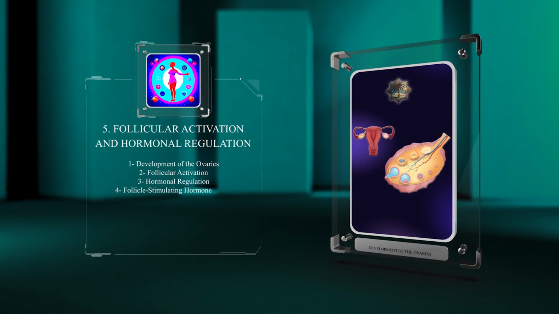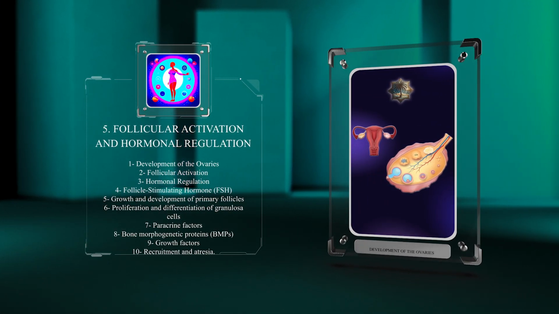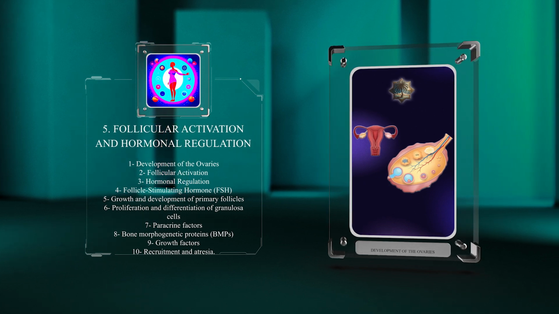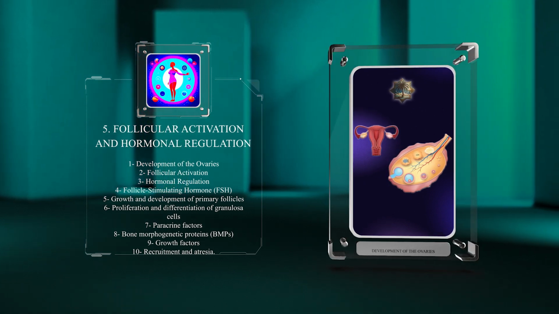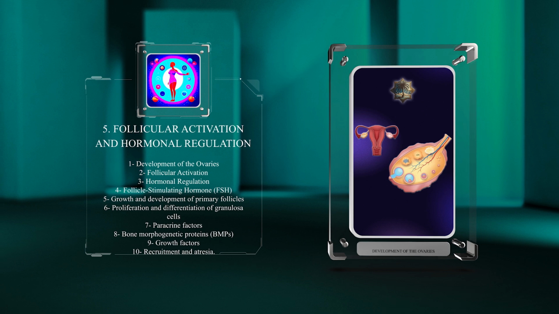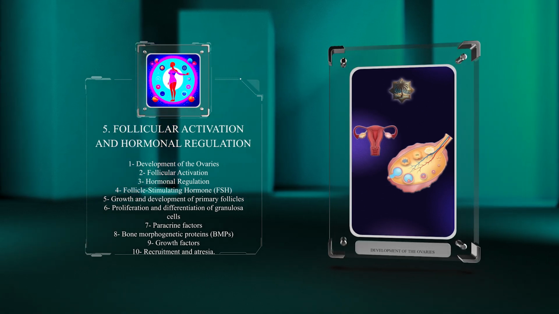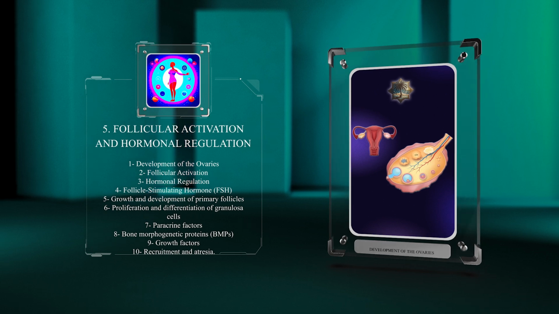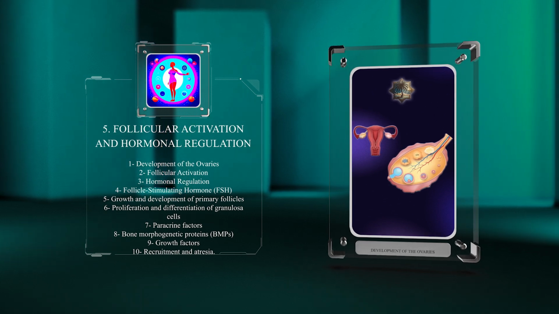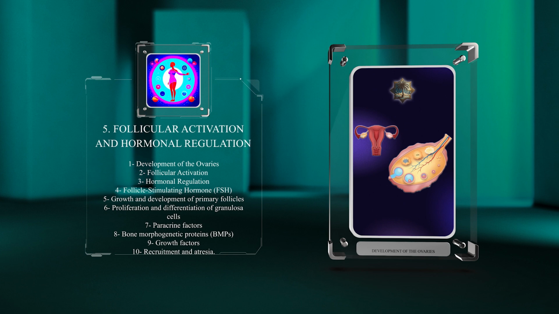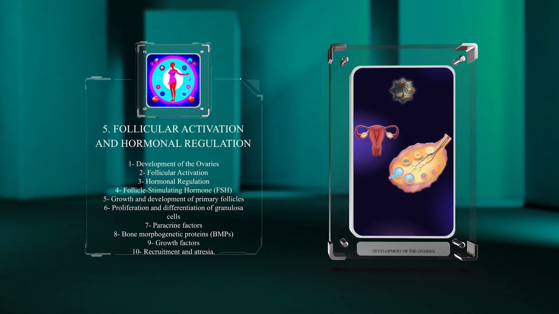In the fifth section of our video on development of the ovaries, we explore the complex process of follicular activation and hormonal regulation. We focus on the role of follicle-stimulating hormone, FSH, which stimulates the growth and development of primary follicles through the proliferation and differentiation of granulosa cells. Paracrine factors like bone morphogenetic proteins, BMPs, and growth factors also contribute to follicular growth and the delicate balance between